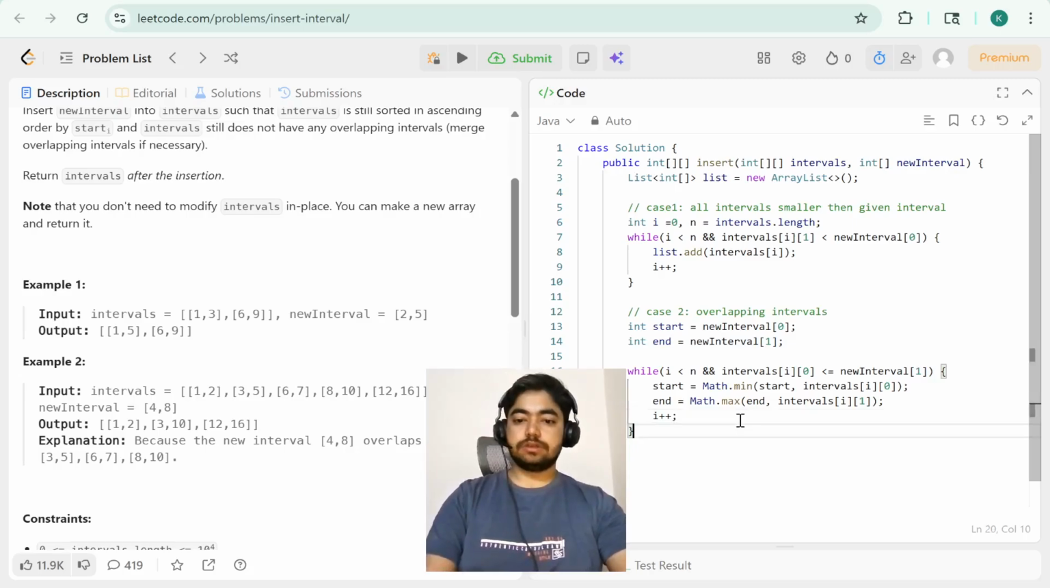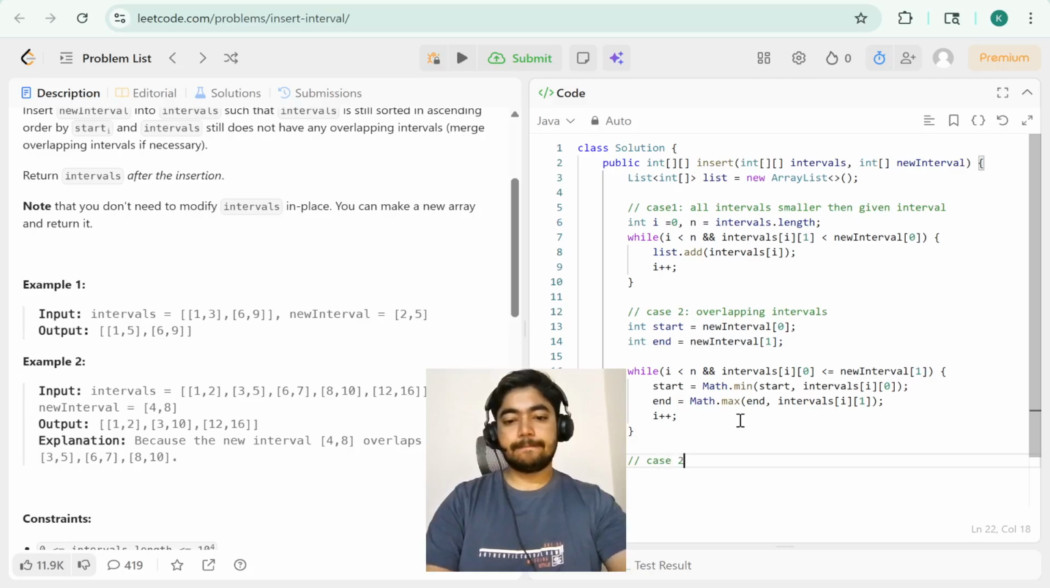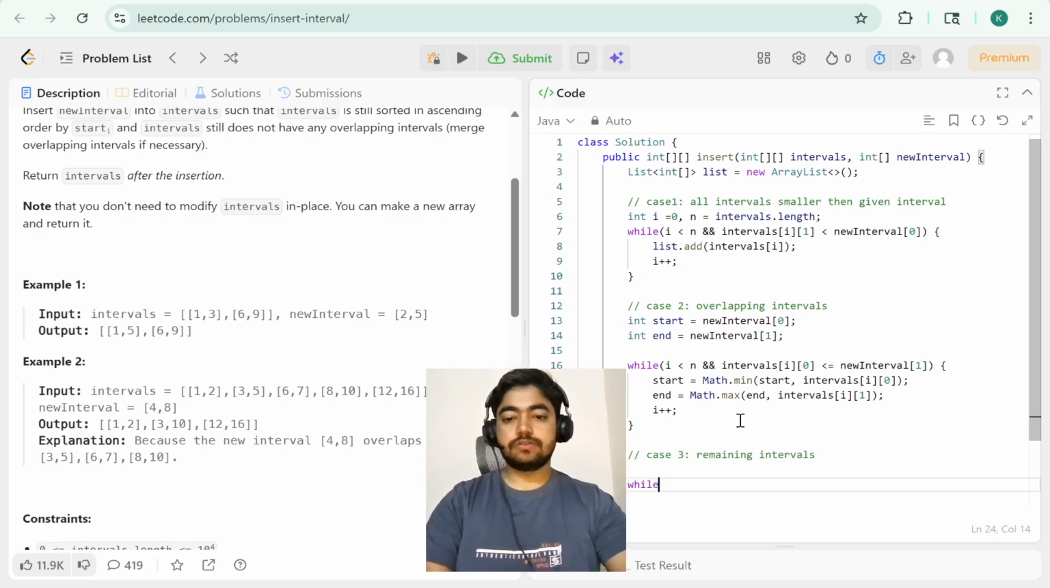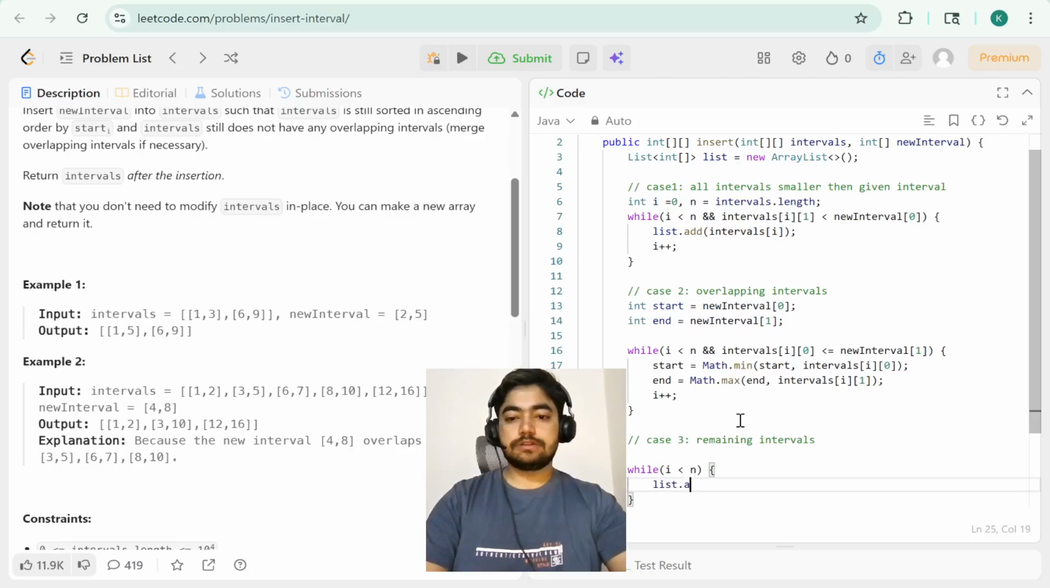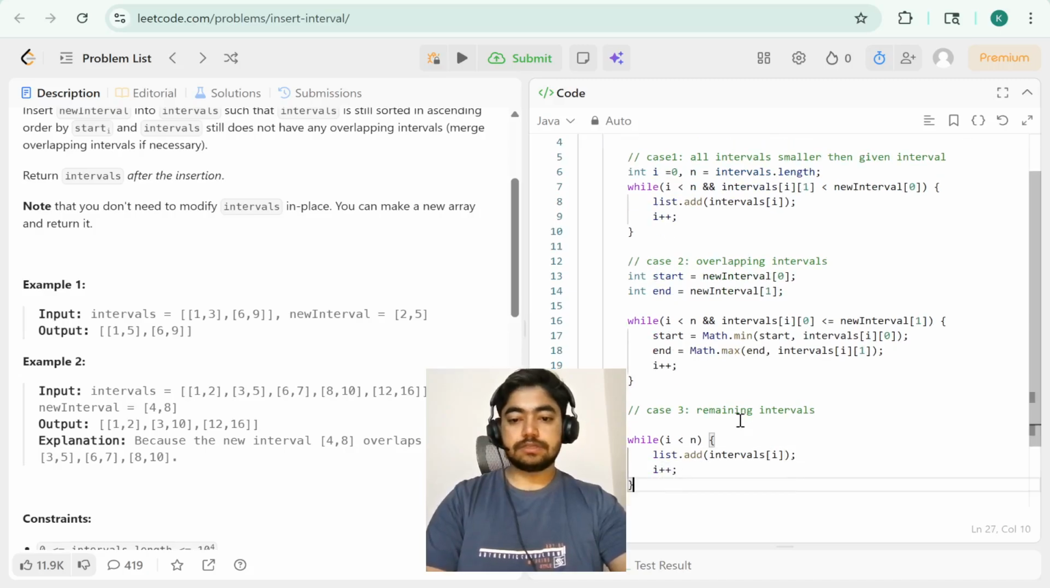So this is the case 2, and case 3 is remaining intervals. Okay, so while I is less than n, list dot add intervals of I and I plus plus,